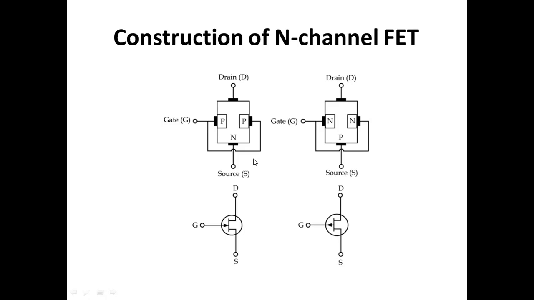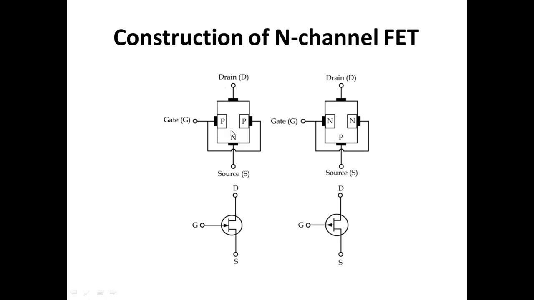Here also the source emits or injects the charge carriers, then the drain receives the total charge carriers supplied by the source. In the case of BJT, the base contributes a small part of the current, less than 5%. But in a field effect transistor, the gate voltage controls the drain current. Okay, so that's why it is a voltage controlled device.